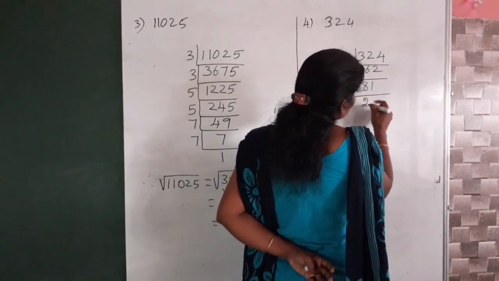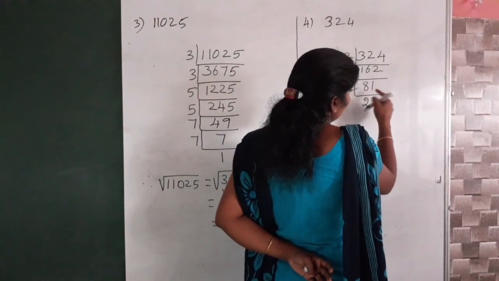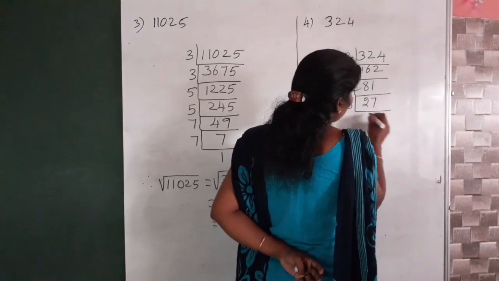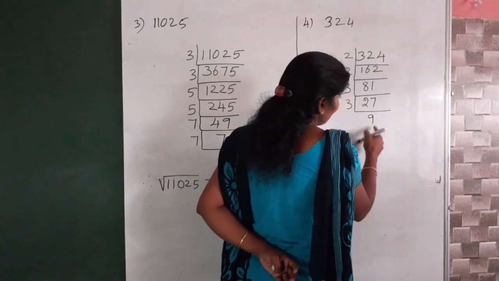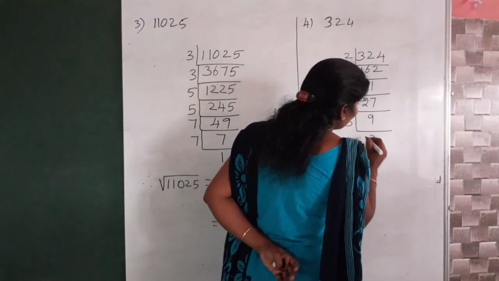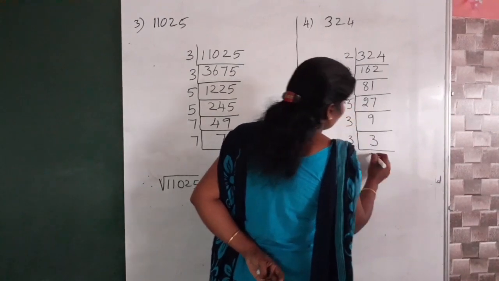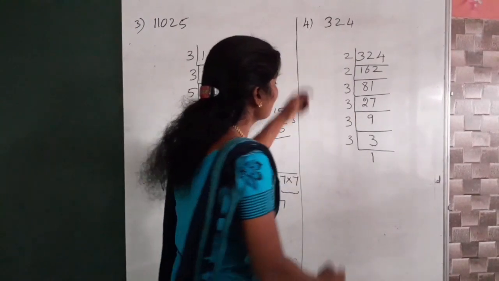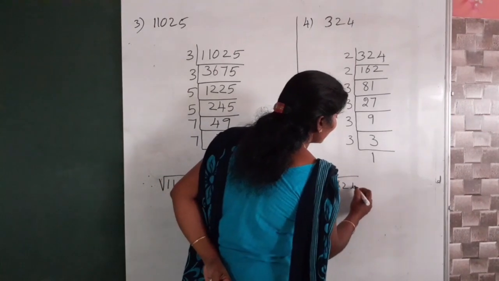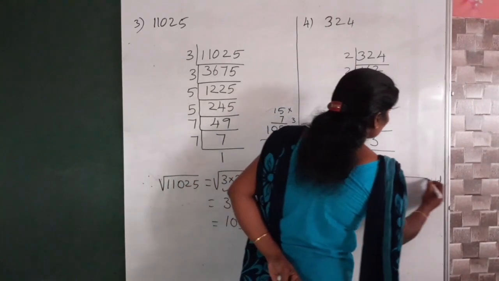2 3s are 6. 2 balance 21. 7 3s are 21. Then 3 table. 9 3s are 27. Then 9 is in 3 table. So 3 3s are 9. Again 3 table 1. Okay. Now therefore square root of 324 equal to square root of